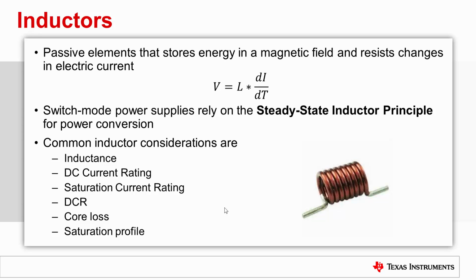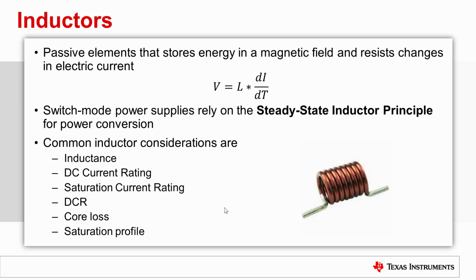Inductance values can be in the tens of nanohenry range for very high switching frequency converters to the millihenry range in very low frequency converters. Common power supply design practice suggests that the inductor value should be sized to produce ripple currents about 20 to 40% of the full load current.